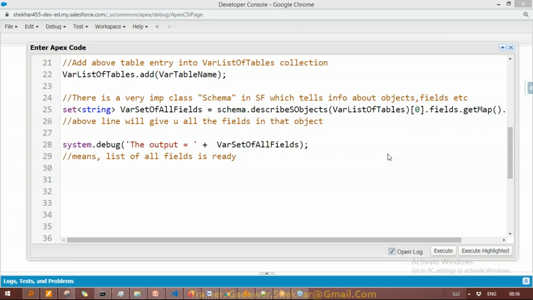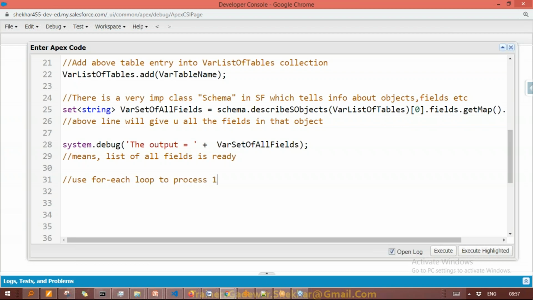That's our collection. And please note, what I will do here is call or use the for each loop to process one by one all the fields present in this. Okay, so let's do that.